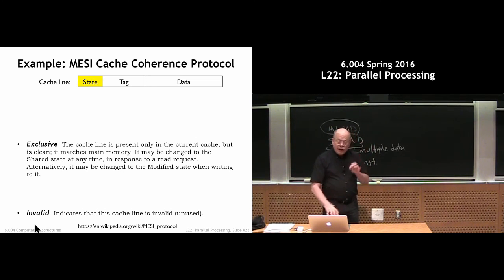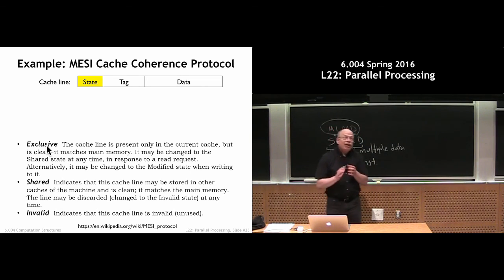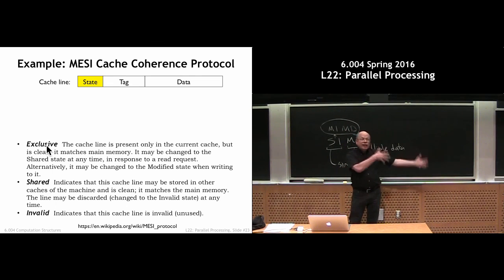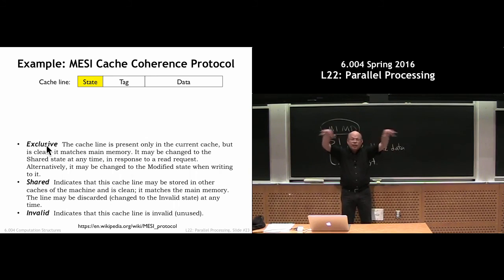If nobody is sharing it, I mark that cache line as exclusive. I have a copy of it, and I know no one else has a copy of it. That means I can change it with impunity. Okay. If it is shared, I will know that too. So as I bring in the cache line, it's either marked exclusive or shared, depending on what the snoopy bus tells me. If it is shared, now we can both read it, but as soon as one of us writes it, okay, we're going to have to